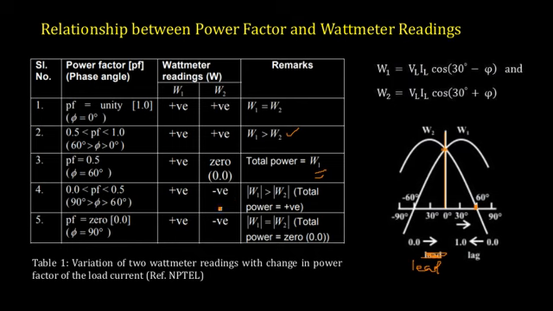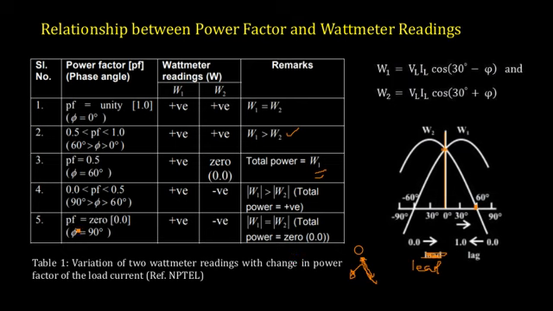Though the second wattmeter is reading negative, the total power is still positive. And you might be thinking how your wattmeter will be reading negative. That simply is that you have a 0 point, and your pointer will be indicating in this negative direction. So you have to reverse the current coil connections, and you will be getting a positive reading and give a negative sign for that. That's all. That will be understood once you do this experiment practically in the laboratory.